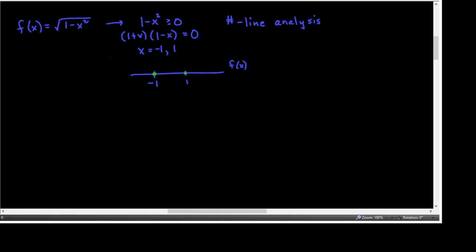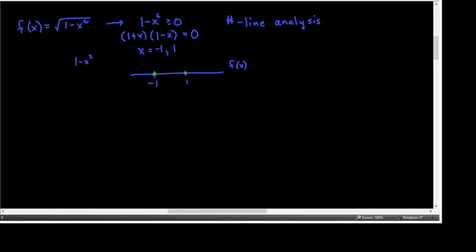And then that number line, by those 2 dots being plotted, has separated the number line into 3 chunks. The numbers below negative 1, the numbers between negative 1 and 1, and the numbers bigger than 1. And so what I want to do is I want to test 1 minus x squared